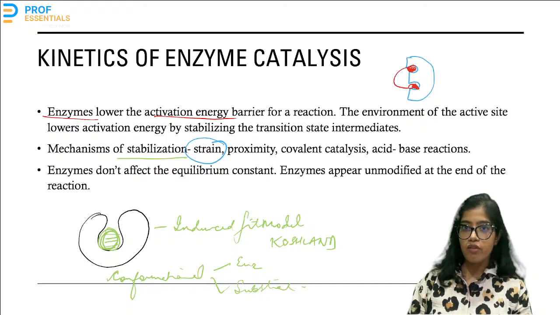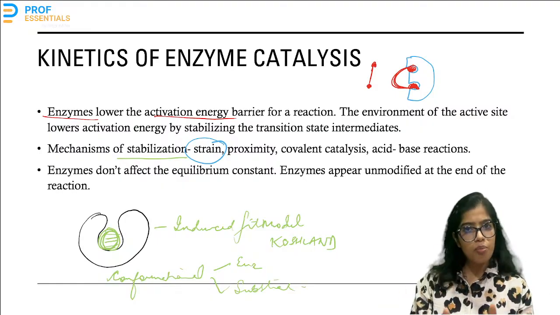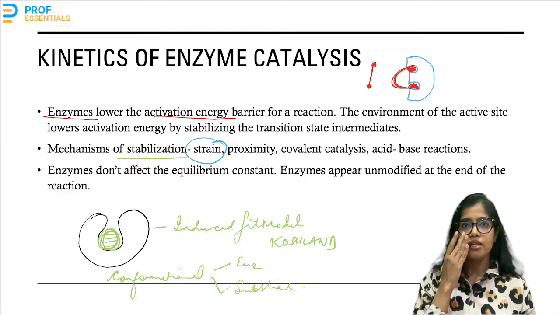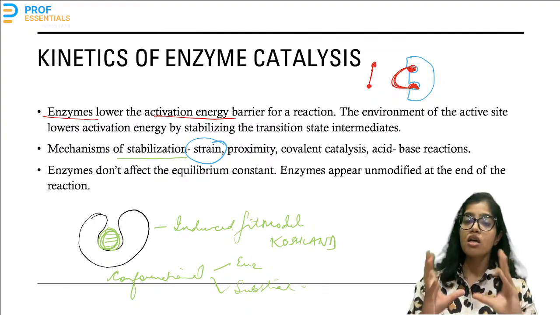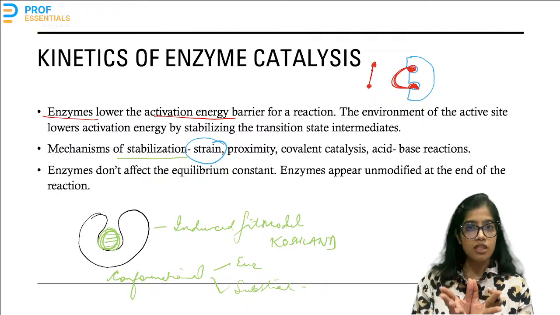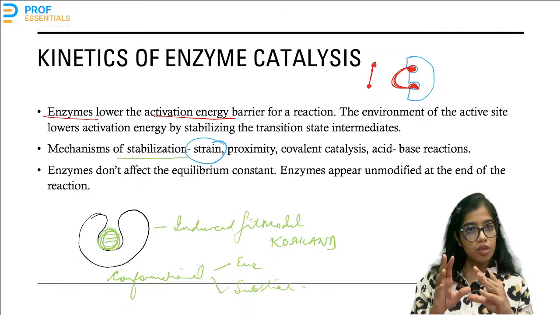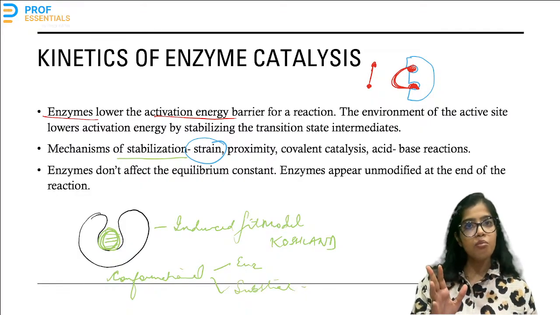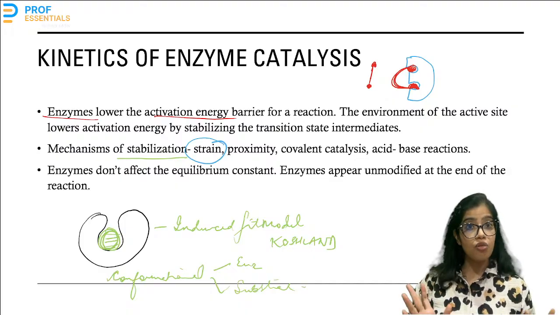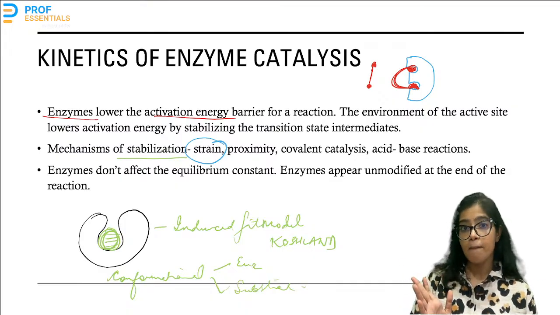So the substrate was earlier like this. Now the substrate after binding to the enzyme has a strain here because of its twisting. Because of the pull, or because of physical or chemical electrostatic repulsion forces, there is a strain on the covalent bonds of the substrate, and the force required to break the bonds decreases. Therefore activation energy decreases.